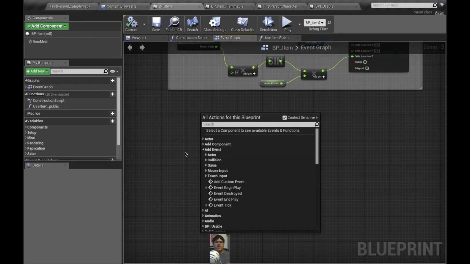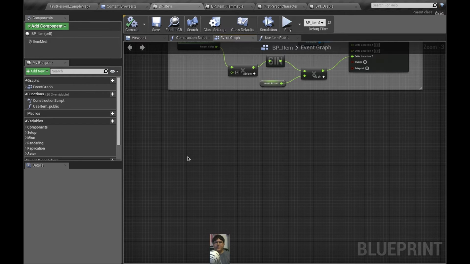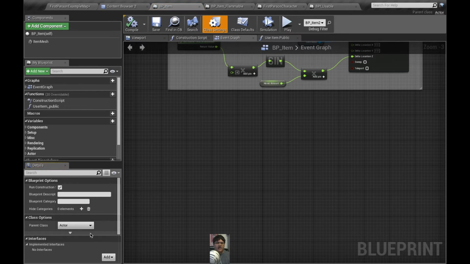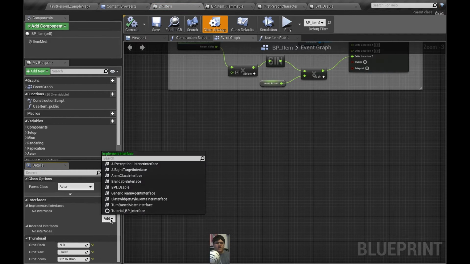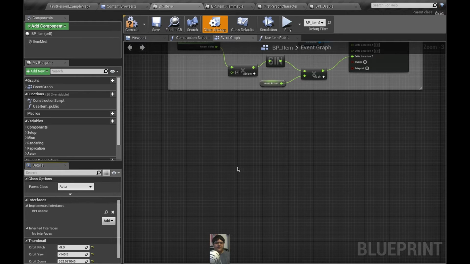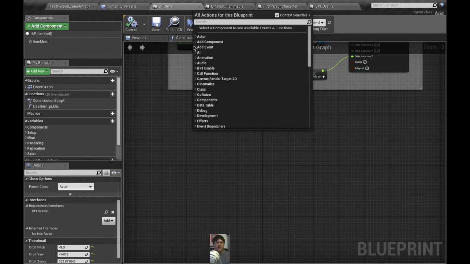Now we want a new event to show up here from our interface. So we go to class settings, and in class settings there's an interface section down here. If I click on add, I can find our BPI usable interface blueprint that we just made, and click on that. Now if I click compile and I right click again and go into add event,